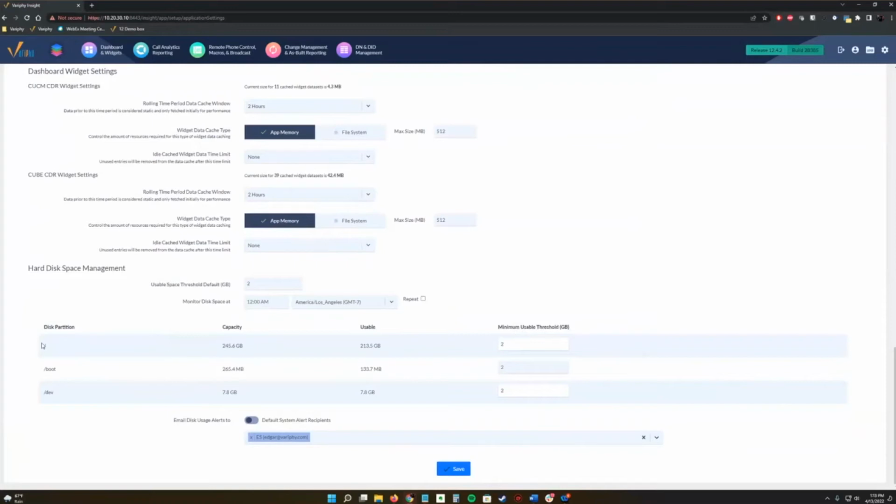Usually the main disk partition is going to be your root drive here, and then we can set up a minimum usable threshold. So let's say once it gets to 10, we have 10 gig left of that hard drive, I want to know.